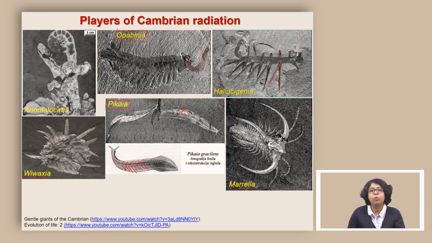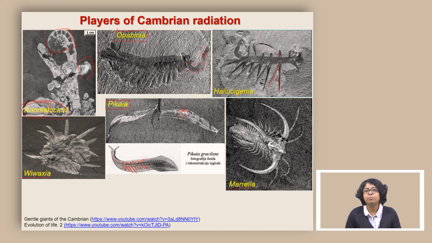Another extremely important organism in Cambrian fauna is the Anomalocaris. Anomalocaris derives its name from the word anomaly, which means something was wrong. Anomalocaris was not discovered as a single animal. There are different parts of the body which were identified and discovered separately, and many of them